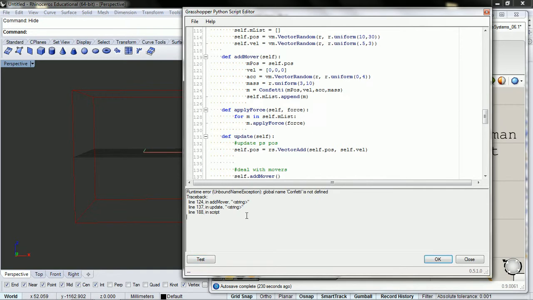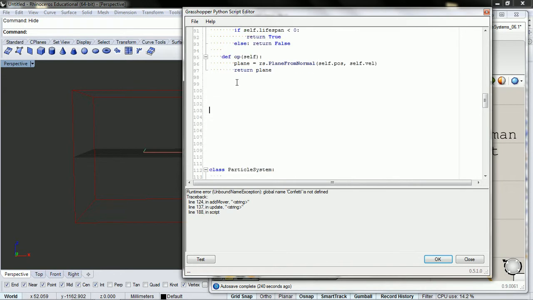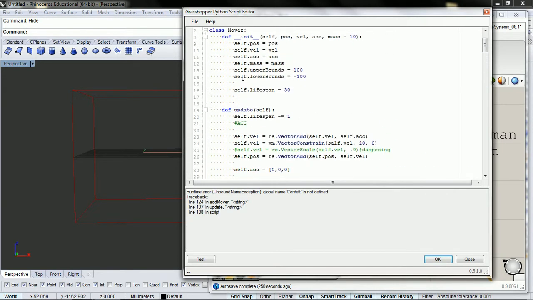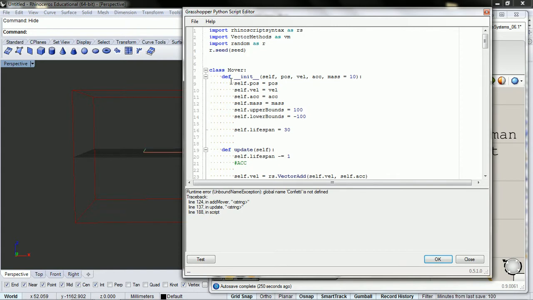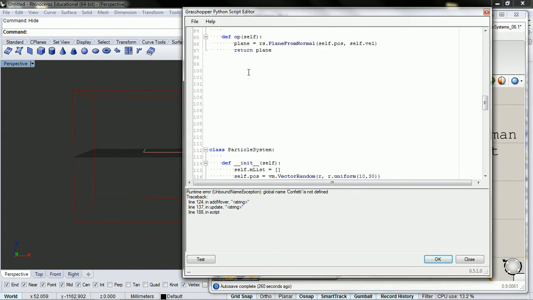Of course, it's not going to work because we haven't written a confetti class yet, but let's go ahead and do that right now. So here I have my class particle system. Up here I have the mover system, and when we call init on it, we do self, position, velocity, acceleration, and mass. So our confetti